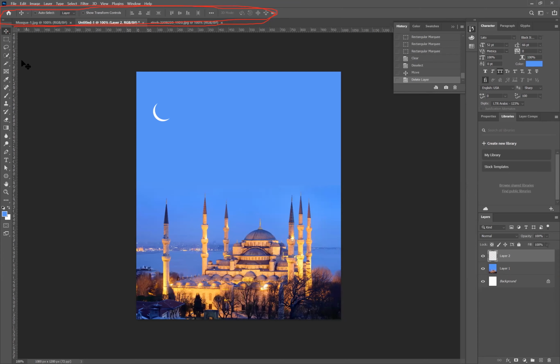Basically, I was showing the use of the lasso tool and the quick selection tool.